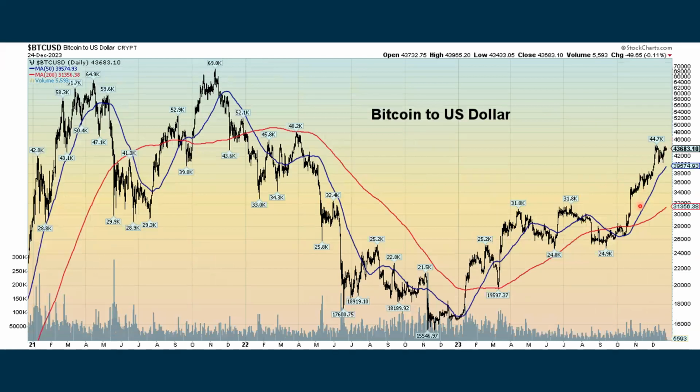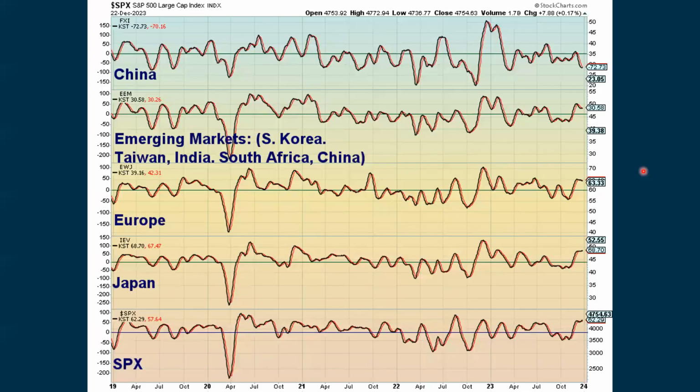Bitcoin continues to be in a longer term uptrend. It's falling back after getting up into the mid 44,000 area. And then we look internationally where China is still in a downtrend, but trying to show some improvement. Emerging markets might be getting ready to turn up. We're negative to sideways when we look at Europe, Japan is trying to show a bit of a bounce,